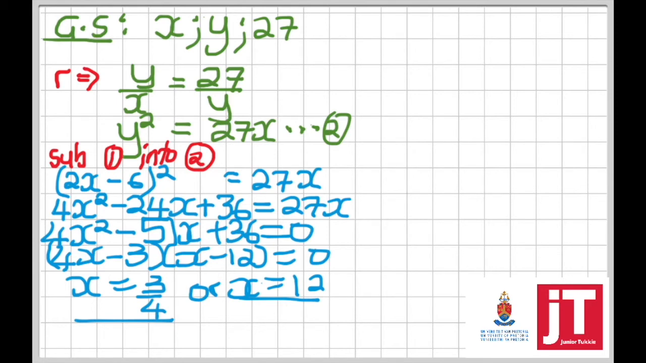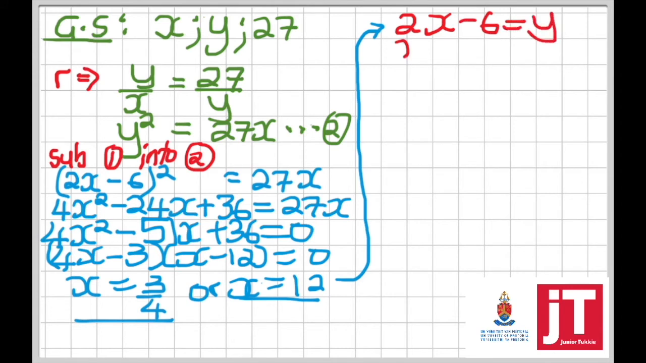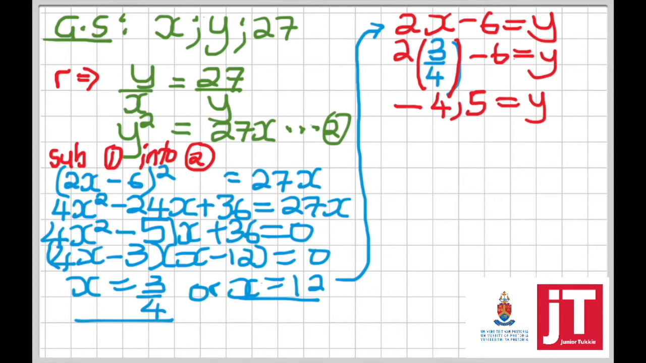Now, from those two x values that we've got, we need to find the corresponding y values. And again, I'm going to use the equation of the straight line, and I'm going to sub in the first x value into 2x minus 6 is equal to y. I'll get 2 times 3/4 minus 6 is equal to y. Simplifying that, I'm going to get my y value to be negative 4,5 as the first y value. Then I need to get the second y value